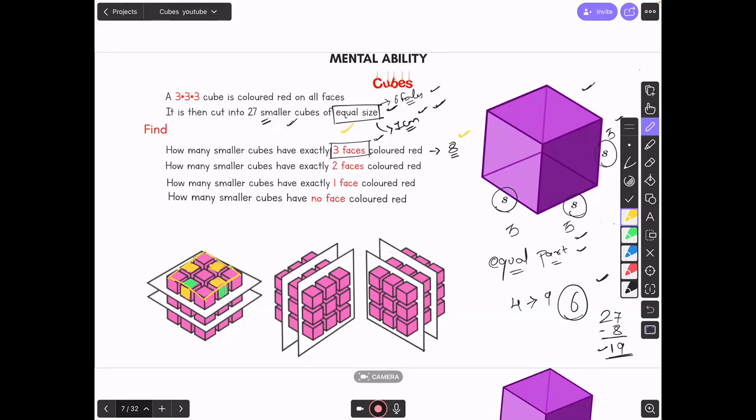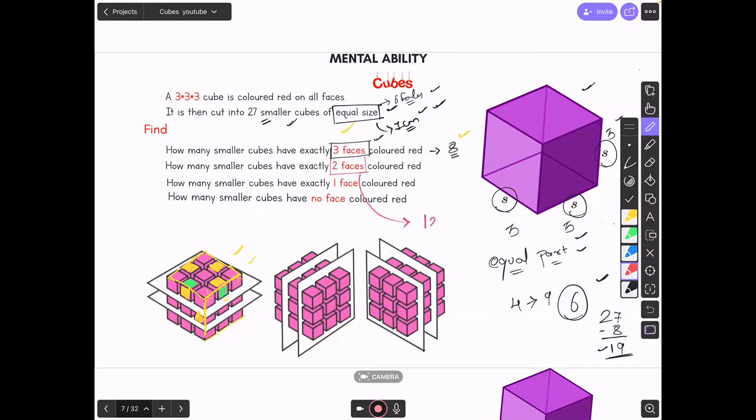4 edges at the top. Per edge you got one. Right? So how many edges are there? If you keep on getting this one every edge, you will keep on getting this one every edge because that's the logic. The cube that is completely there on the edge, not on the corner. जो cube purely edge पर है, only that cube will have 2 faces exposed and 4 faces inside, right? So 2 faces colored red. Where do you get them? You always get them on edges. कितना edges होता है? 12 edges are there.